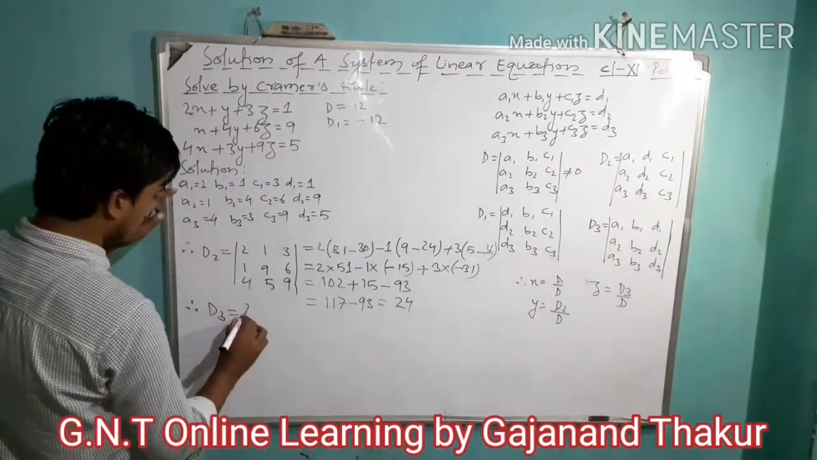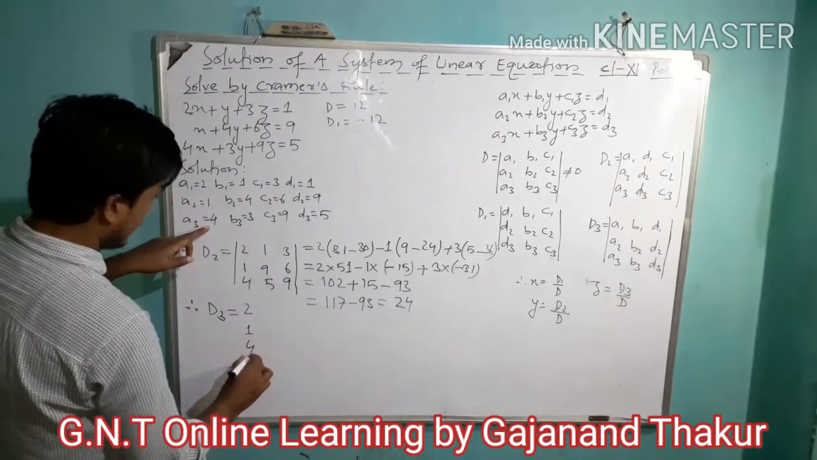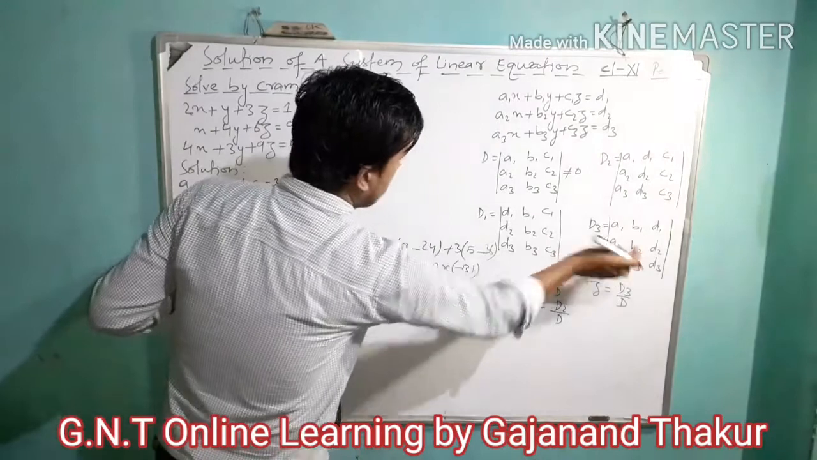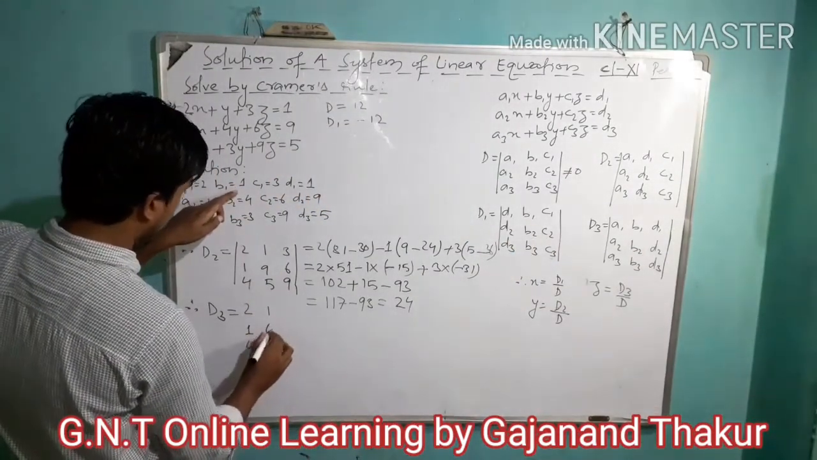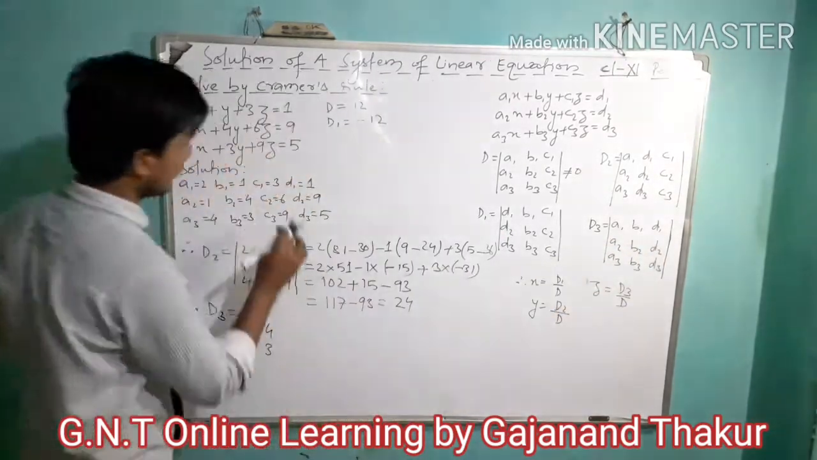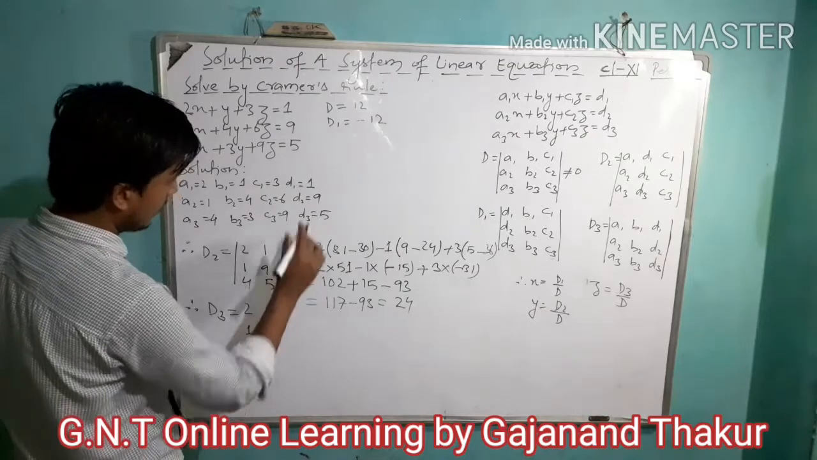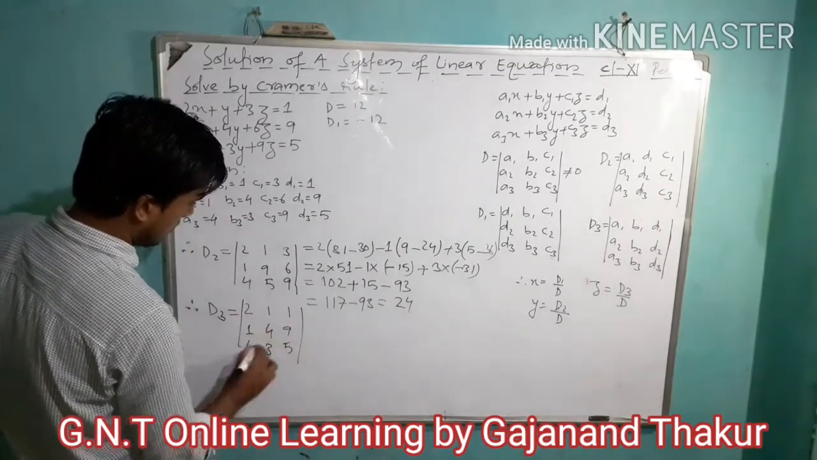A1, A2, A3: 2, 1 and 4, right? Then what we have got here? B1, B2, B3, right? So B1 value is how much? 1, 4, 3, right? Then what you have got? D1, D2, D3. So here you've got 1, 9, and then we have got here 5, right? Now let's find the value of this